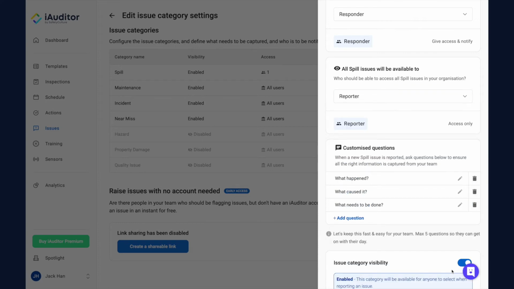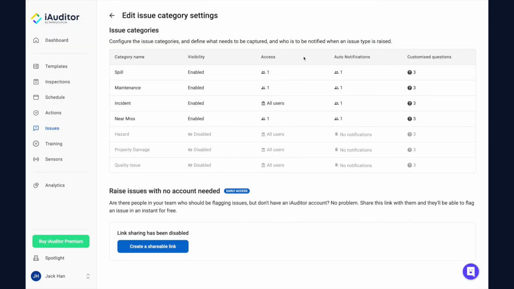Changes you make should save automatically. Keep in mind that giving a category's issue access means users and/or groups will be able to report, view, and update issues from that category. Also, remember that users and/or groups who get notified will also have access, so you don't need to add them again.